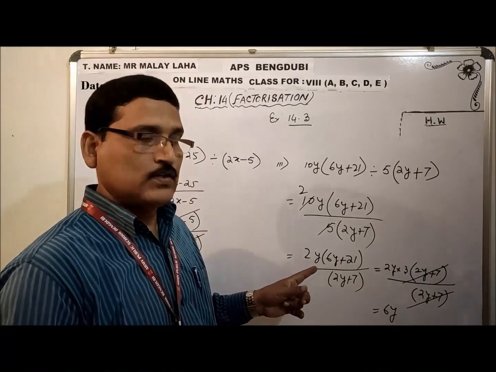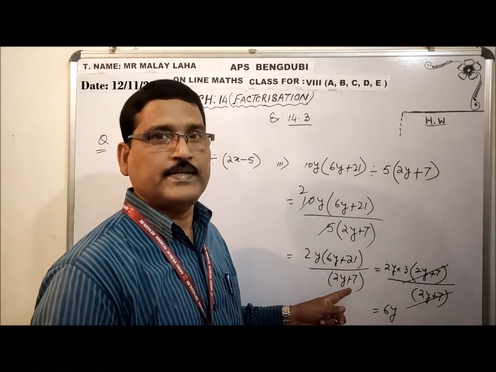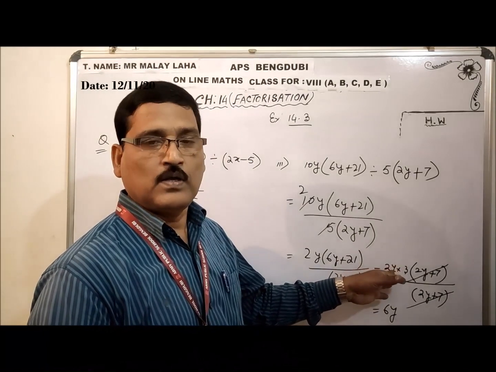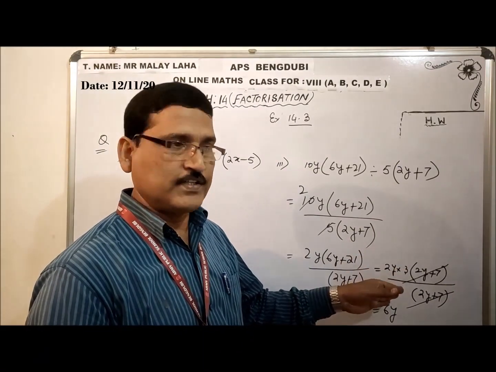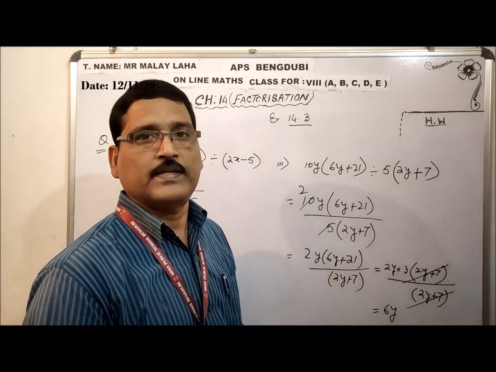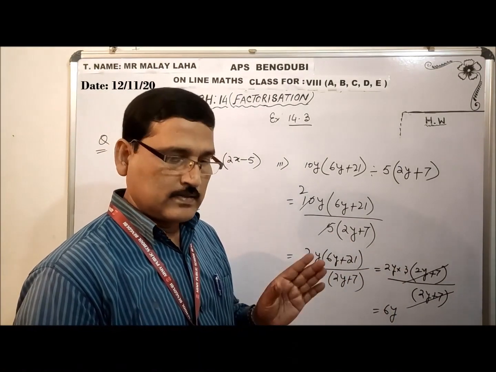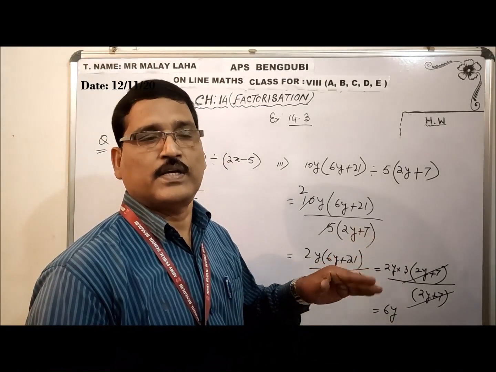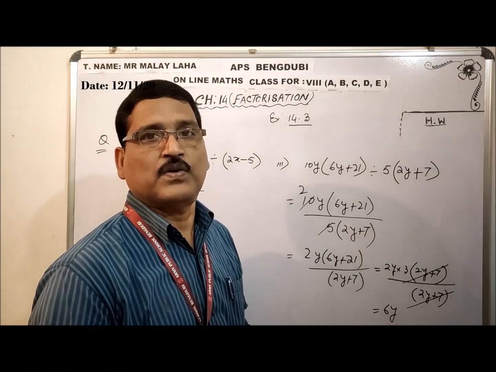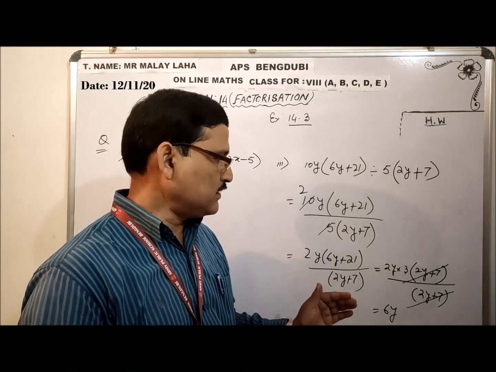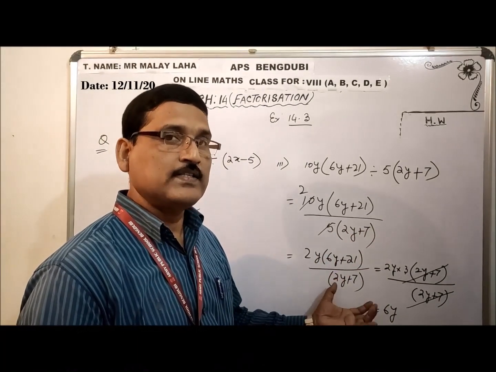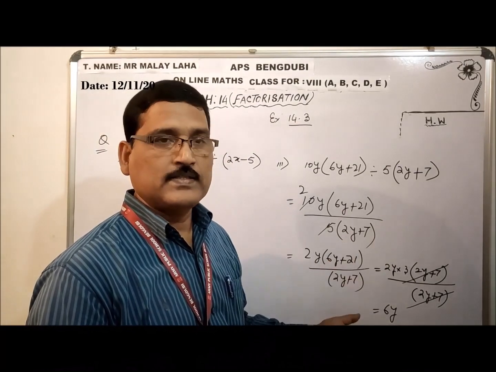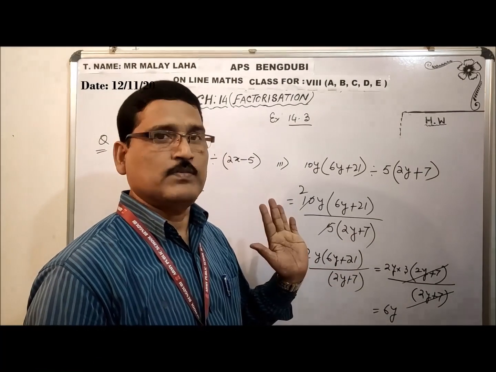Understood my point? So anyhow you have to cut the entire part. To do that, what we have to do? We have to take common. After taking common, number gets reduced and then you cancel the remaining part. Okay? Apply your common sense. It has no hard and fast rule. Whatever I have done, you have to follow it. You have to cut it, but not individually, as a whole. Whole part of numerator, whole part of denominator will get cancelled. What is the remaining part? This will be the answer.